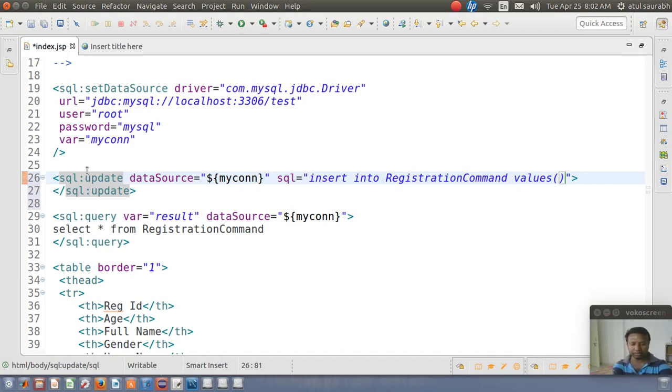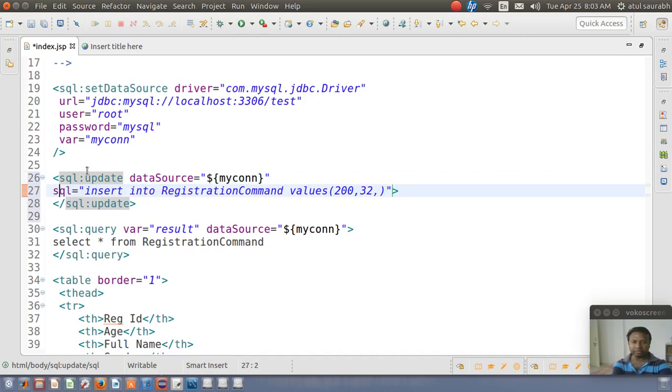say, 200. The second parameter is the age, so I'm going to provide the age as 32. Let's write it in the next line so that it will be very clear.